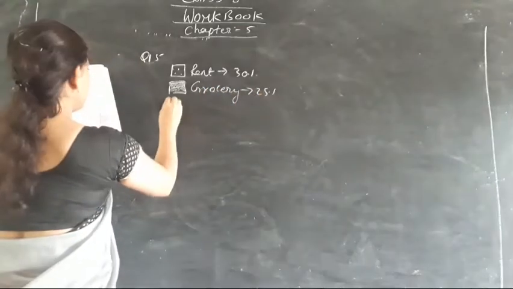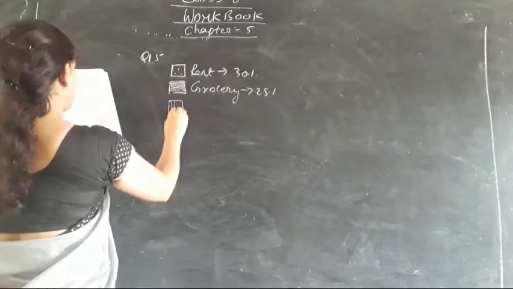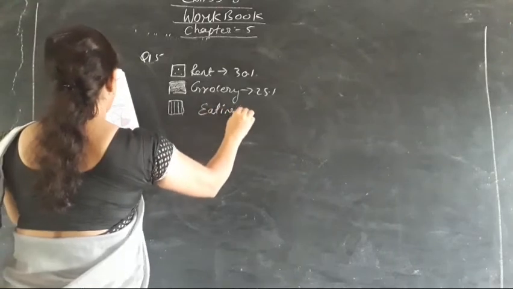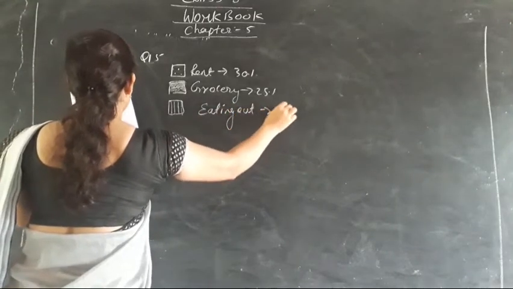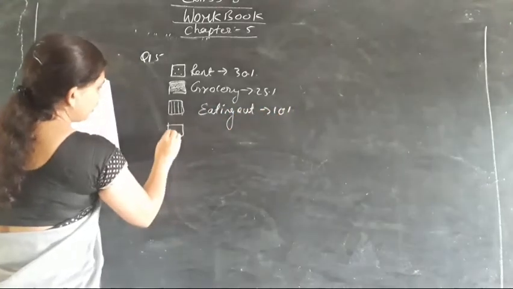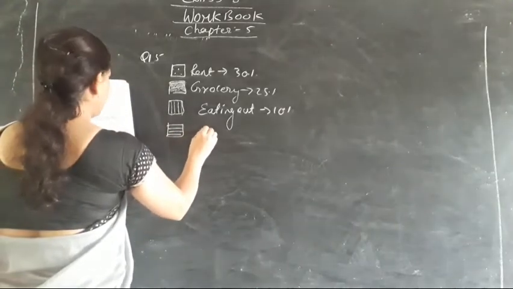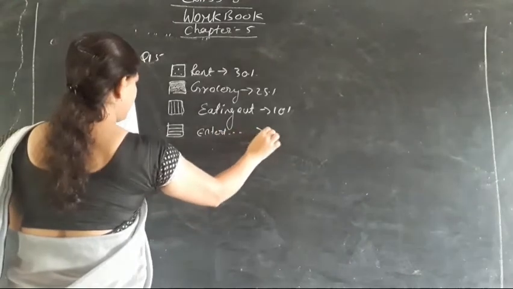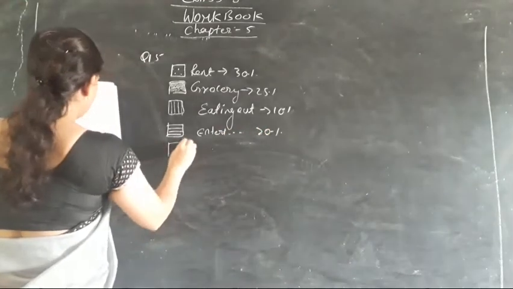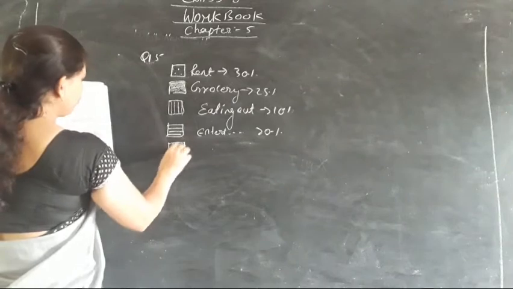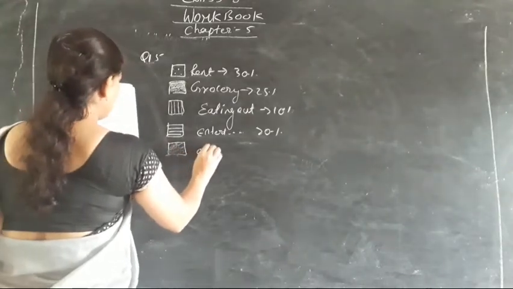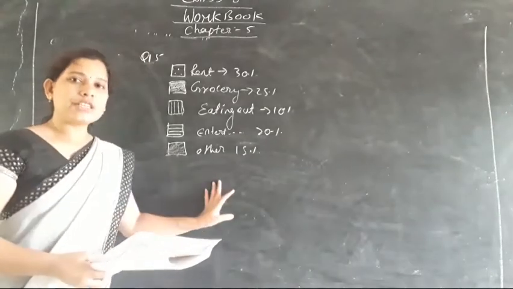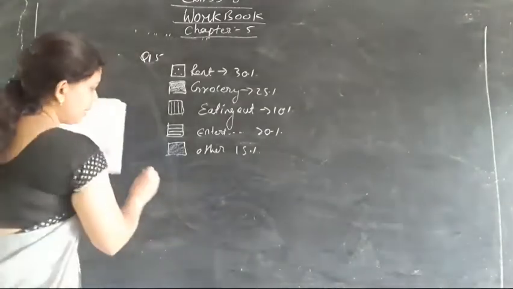Then next, eating out. In eating out a line is given, and how much percent will it be? It will be 10%. Next, entertainment. The entertainment line will be like this, isn't it? That is 20%. Now, other is given in a light shade of light pink, so that is 10%, 15%. So these are the percentages being given.